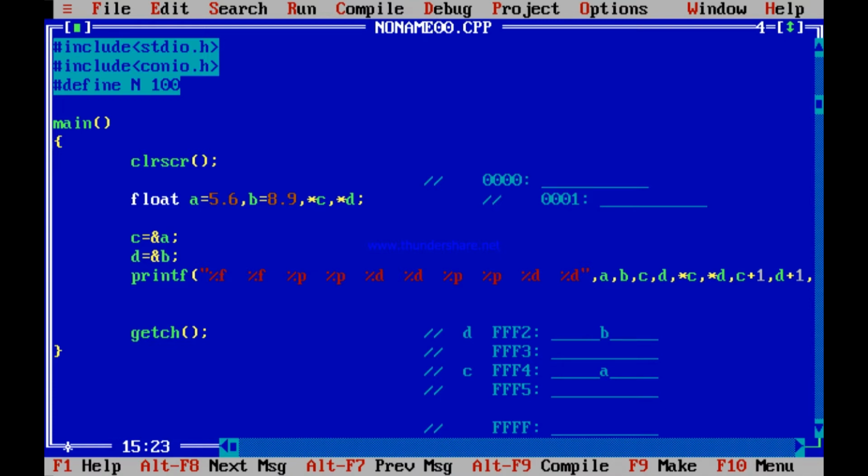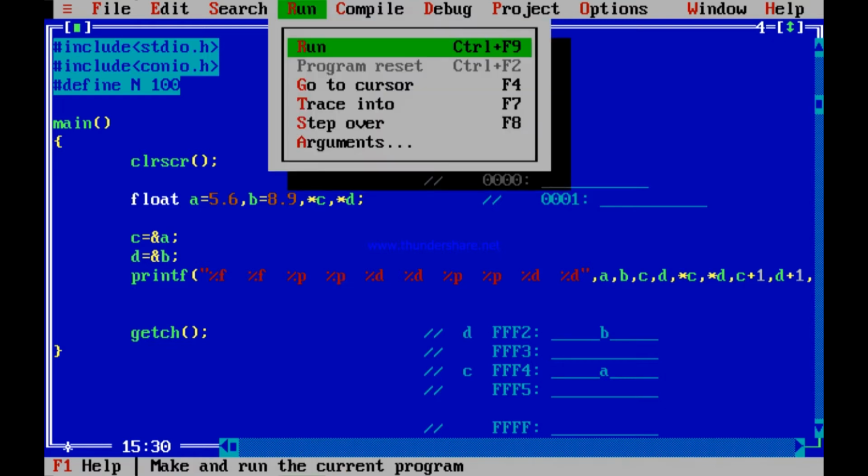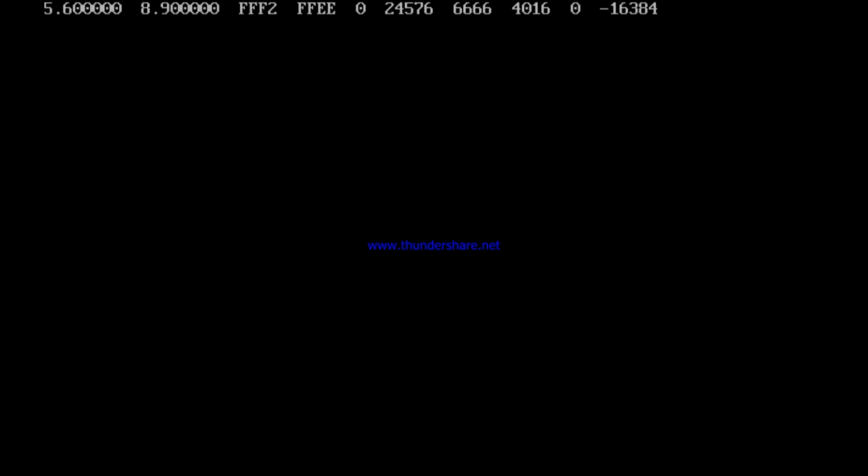What should be printed? 5.6, 8.9. Now %p for C and D. Let's see where they have been allocated. Only keep a look at the first 4 results. 5.6, 8.9 no doubt. Now it has been stored in FFF2 and FFEE.